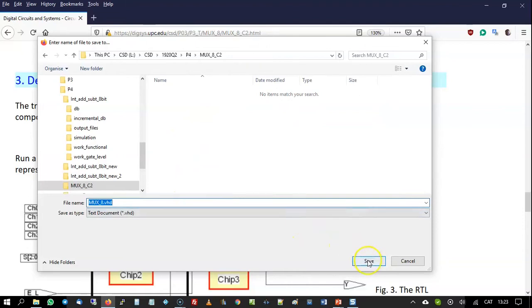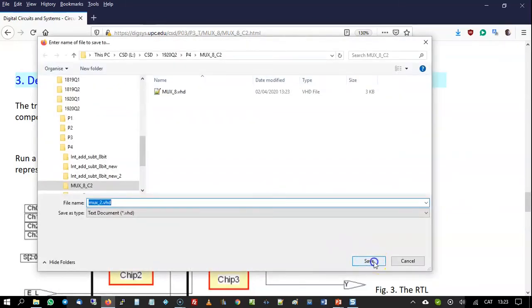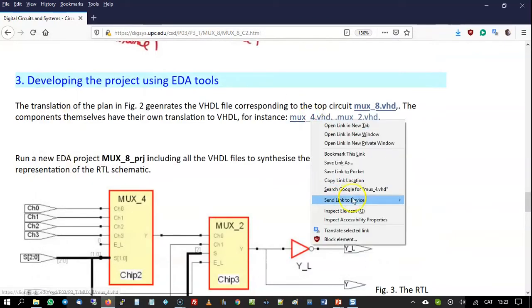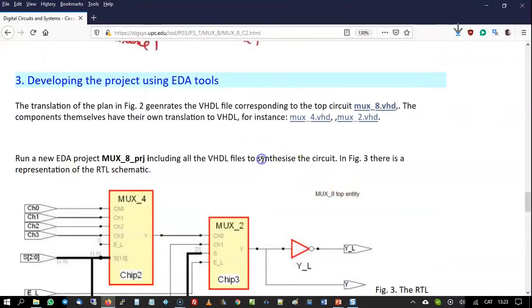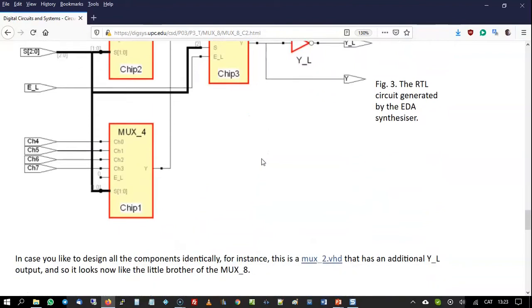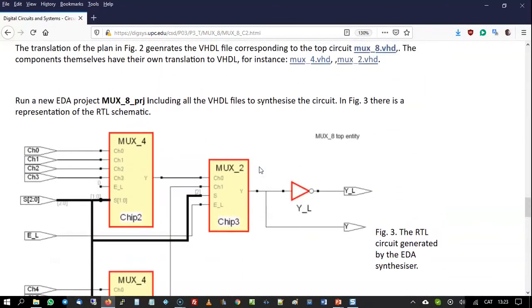The name is the same, save. Now the same for this component, save the link as the MUX 2, and the same for the MUX 4, save the link the same way. Remember that later on we can copy some items from the test bench as well, but this is going to be later. Now let's synthesize the circuit,